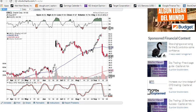Okay, we have a possible trade set up here in ORCL. If we look at the chart here, we can see that the stock, from reaching over $53 a share in September, has taken a big decline over the past couple of weeks and is now trading down underneath $48 a share. As we can see from the RSI indicator here,